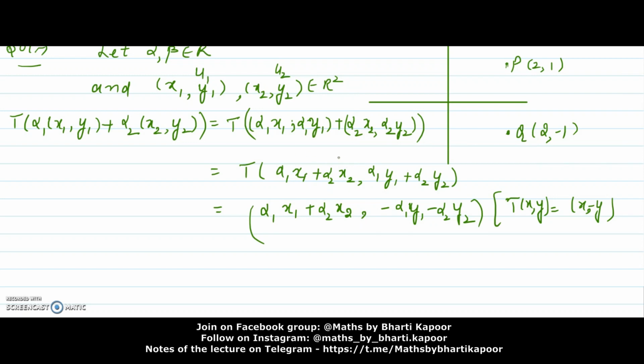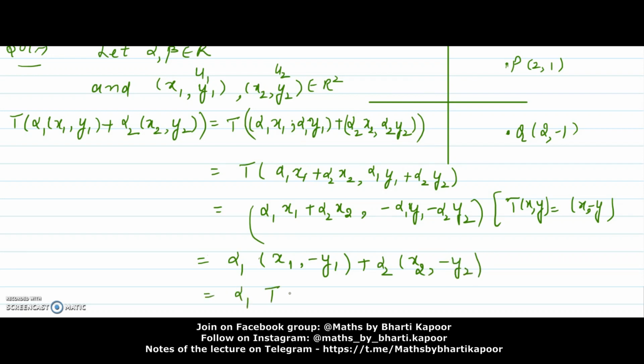So this whole is one number and this is one collective number. So this is sort of small x and small y, and its image will be (small x, minus small y). This is further equal to alpha 1 (x1, minus y1) plus alpha 2 (x2, minus y2),